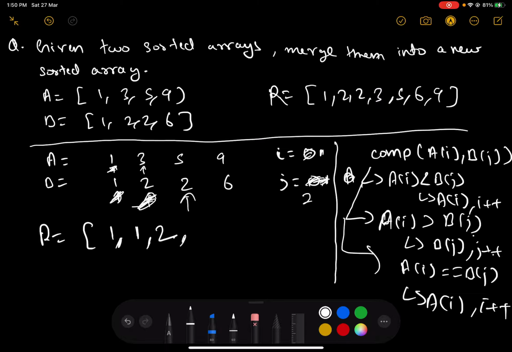All we need to do is take the remaining elements from array a, because they are already in sorted order, so we just need to copy paste the remaining elements as they are. In this case the remaining element is 9, so I just need to take it as it is, and this is my final answer, which is equivalent to the answer that we required. So this is how the simple two pointer approach works for merging two sorted arrays.